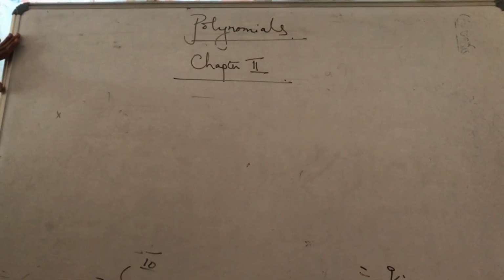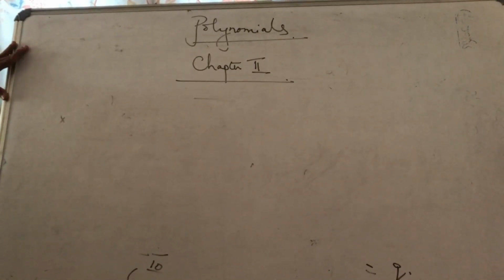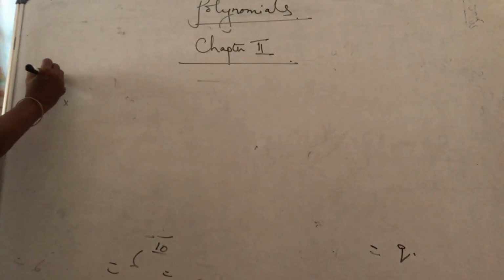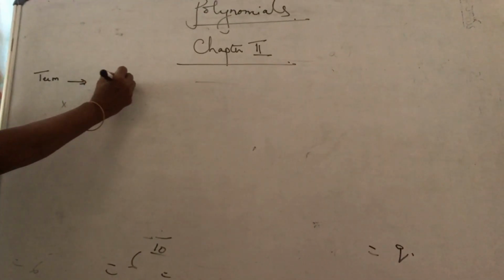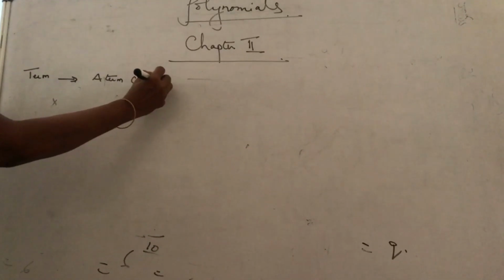Polynomials, Chapter 2. What is the term in an algebraic expression? What is the meaning of the word term, children? What does a term contain? A term contains a variable,